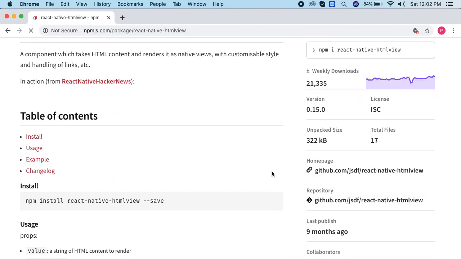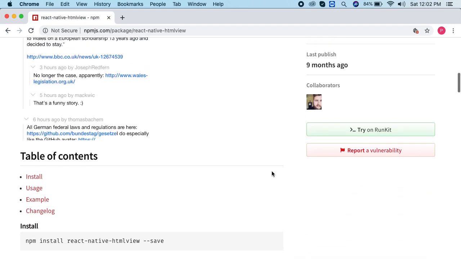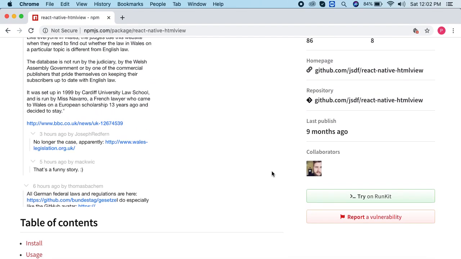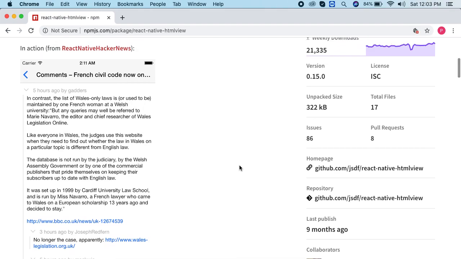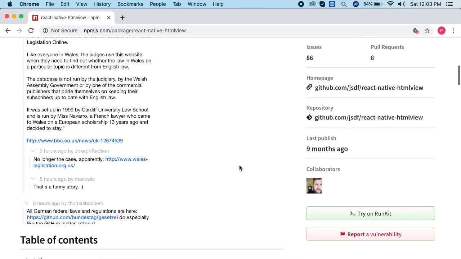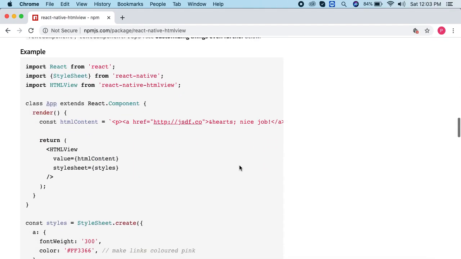Suppose you have web page content, or you want to show your web page content inside the mobile app. Using this library you can show your HTML content inside the mobile app.